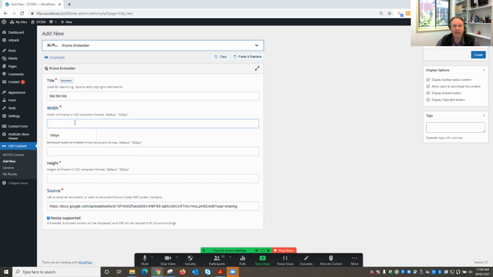There's the title, a width, and it tells me over here that the default is 500 pixels. So if I put in 500 pixels, you can resize these to whatever you like, but I'm just following the defaults that are provided here. And a height, 500. So I've now got my link. And if I hit create,